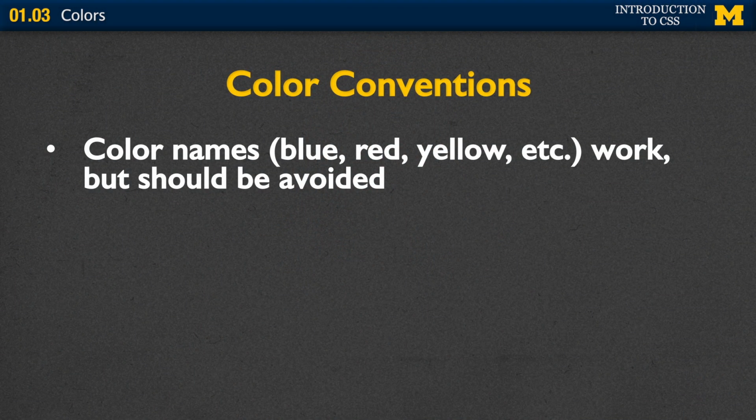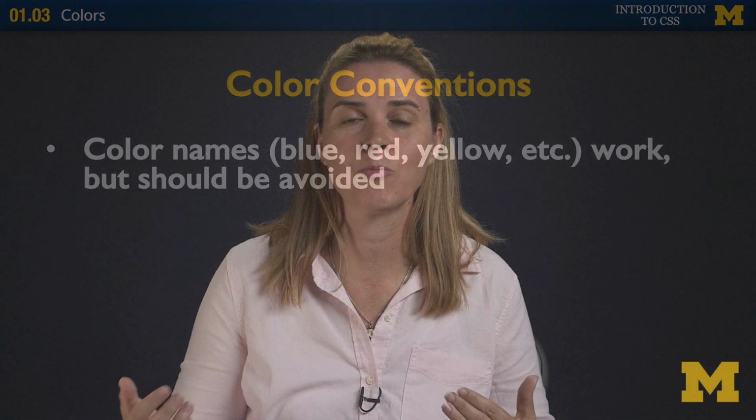We'll talk about the three basic color conventions, the main ones that people use. Conventions is just another word for suggestions. It's not a rule. You don't have to follow what I'm going to give you. It's just the way that most programmers program so that they can understand what you're trying to do when they look at your code. One way that you can add color is to just simply use the English words, blue,